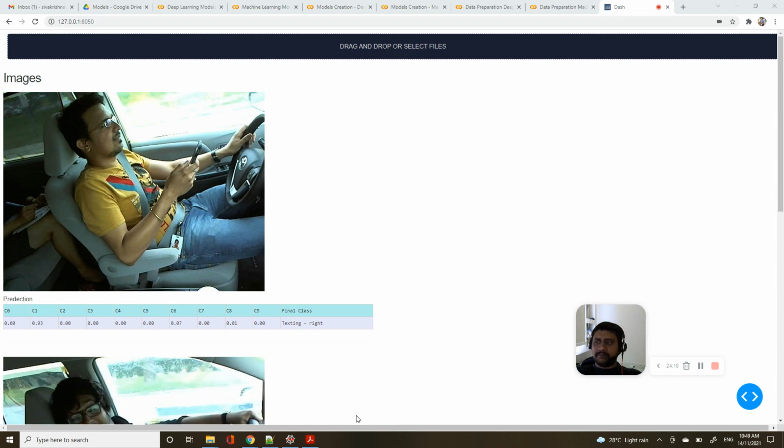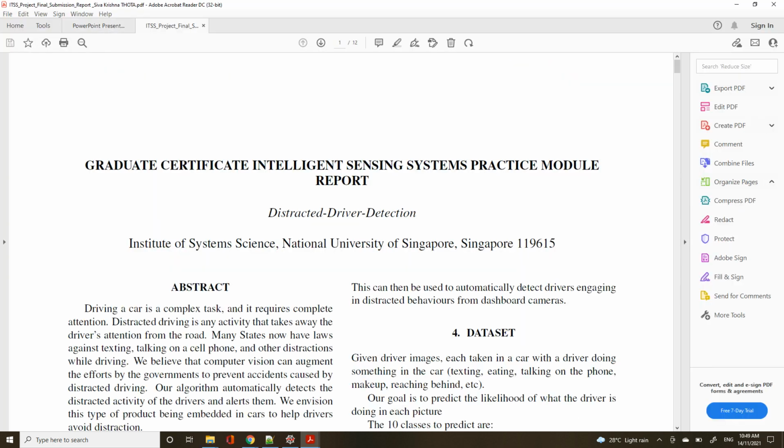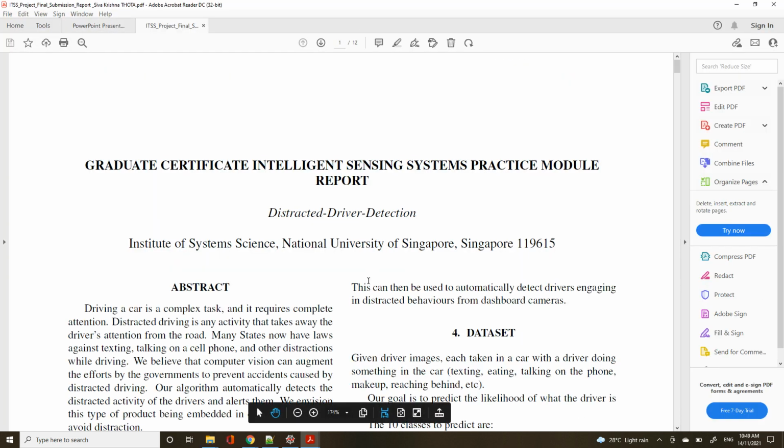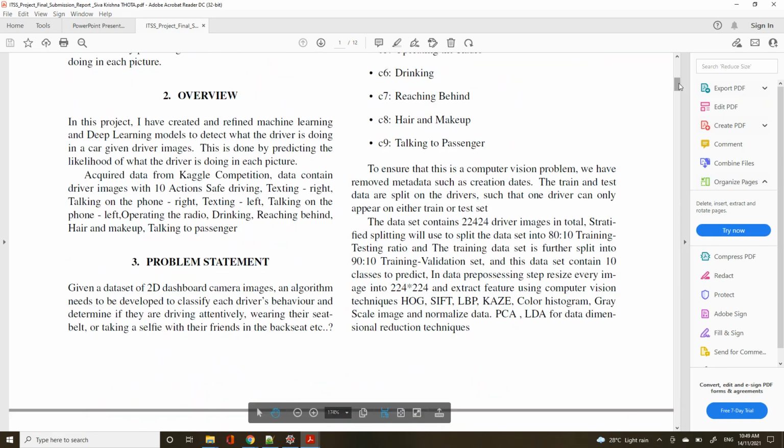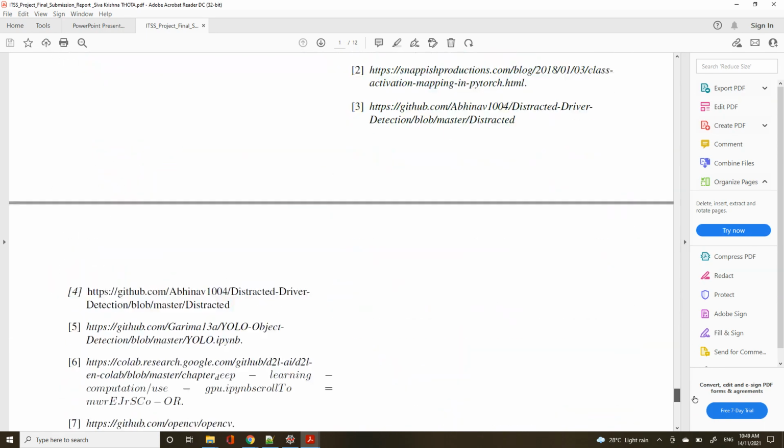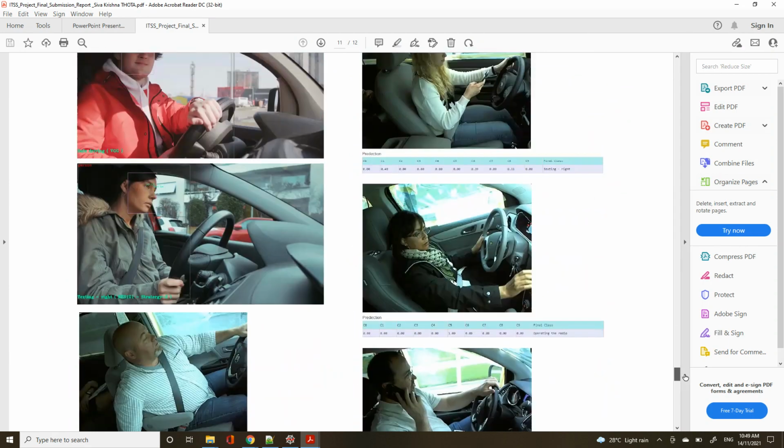And then coming to my final report submission. Going to the last page, we have outputs here.